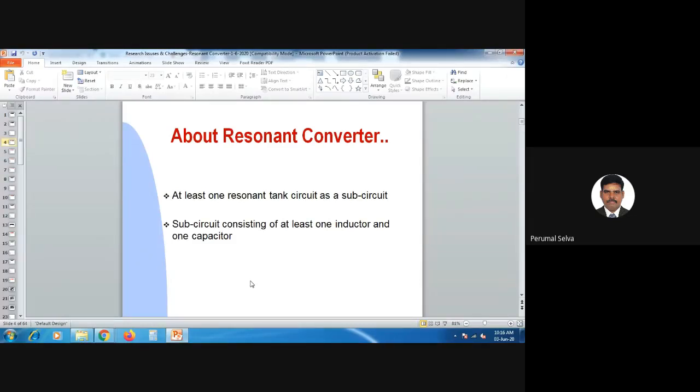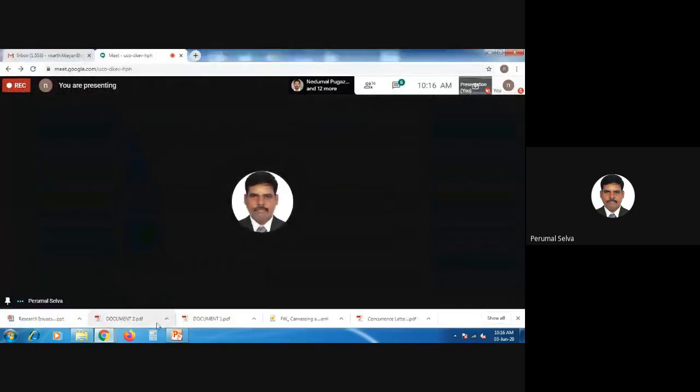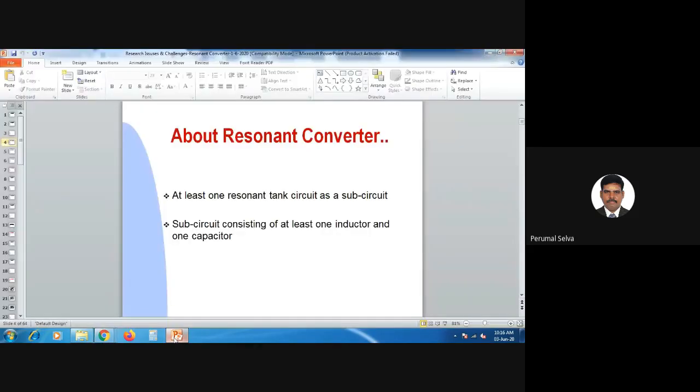So in recent years, the design and development of various DC to DC resonant converters have been focused on telecommunication and aerospace applications. It has been found that these converters experience